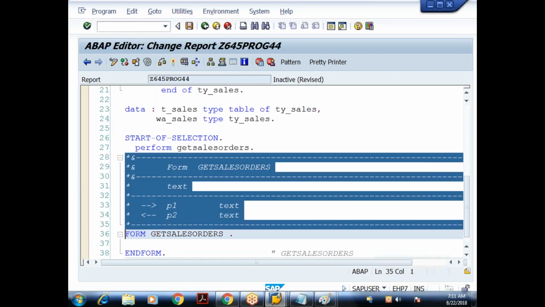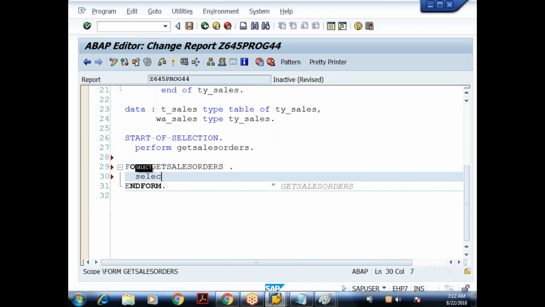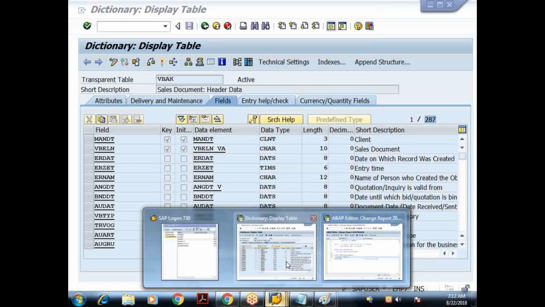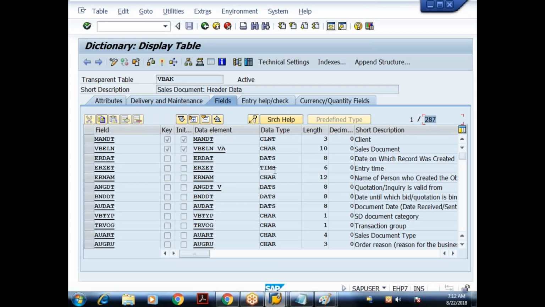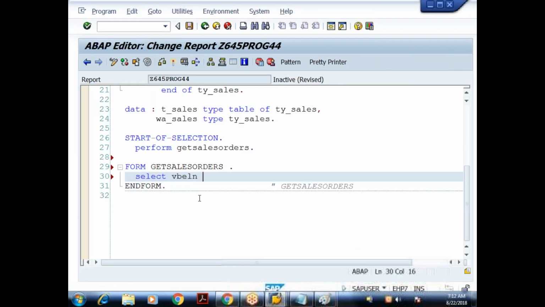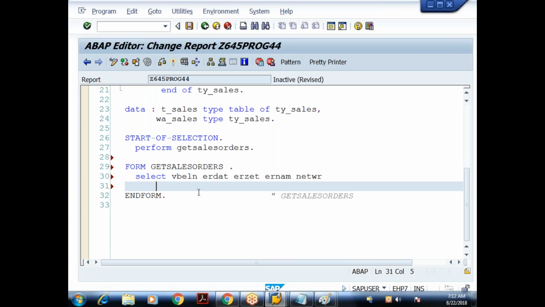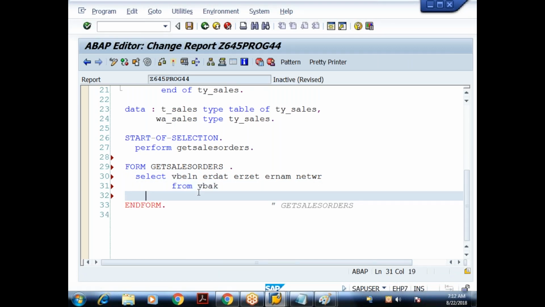Continue. Done. Here I'll say select, what are the fields you want? Okay, what is the recommendation? It is recommended to retrieve the fields in the sequential order of the database table. What is the sequential order? VBELN, date, time, name, and somewhere we'll have NETWR. In the internal table also, you try to declare in the same sequence. VBELN, ERDAT, ERZET, ERNAM, NETWR from